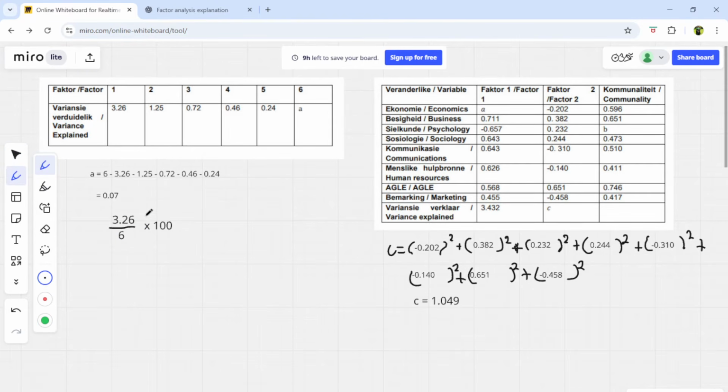So it's 3.26 divided by 6 multiplied by 100,